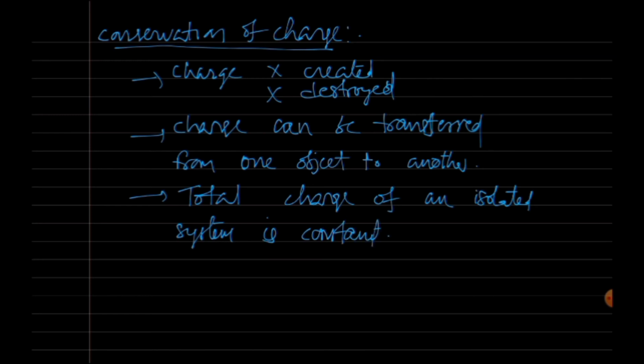So in order to make you understand the last statement, the first two statements can be easily understood by yourself, but when it comes to the third statement, let me take an illustration to make you understand this last statement better. So I have taken a jar in which I have noticed some of the particles with charges, let's say 1 coulomb, 4 coulombs, minus 2 coulombs, let's say 6 coulombs.